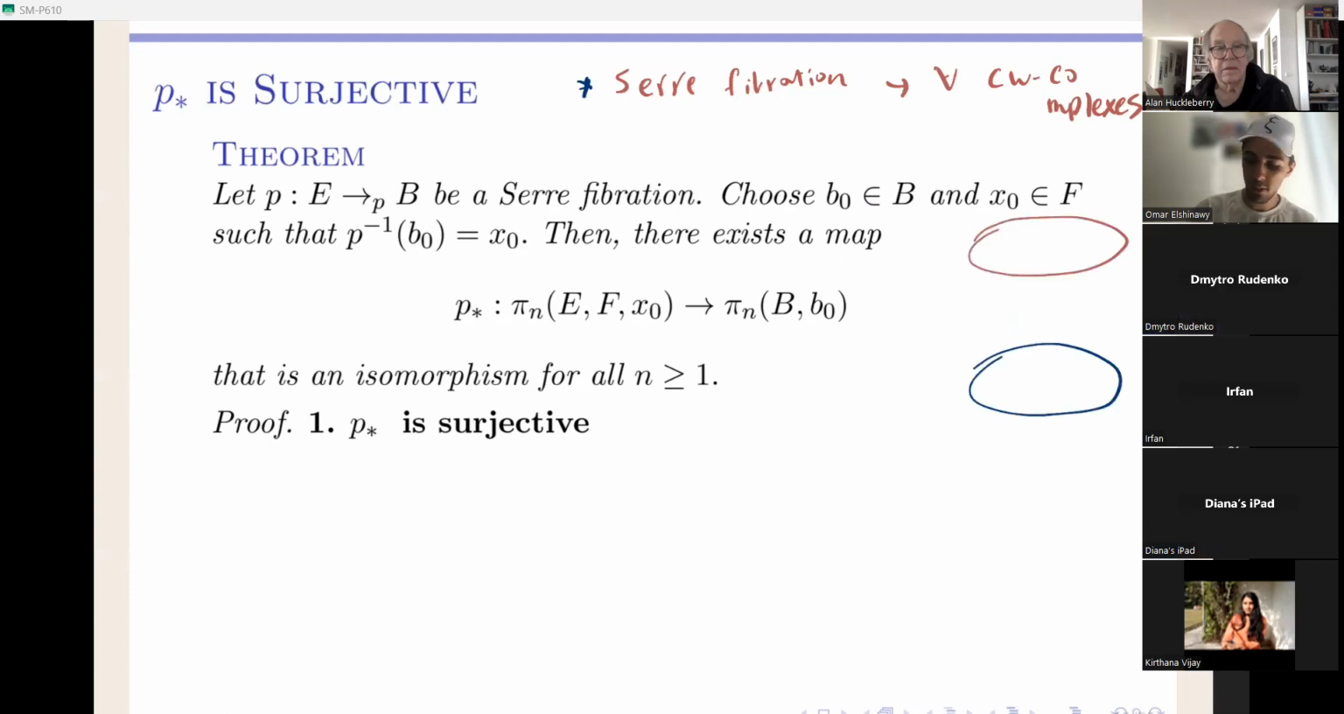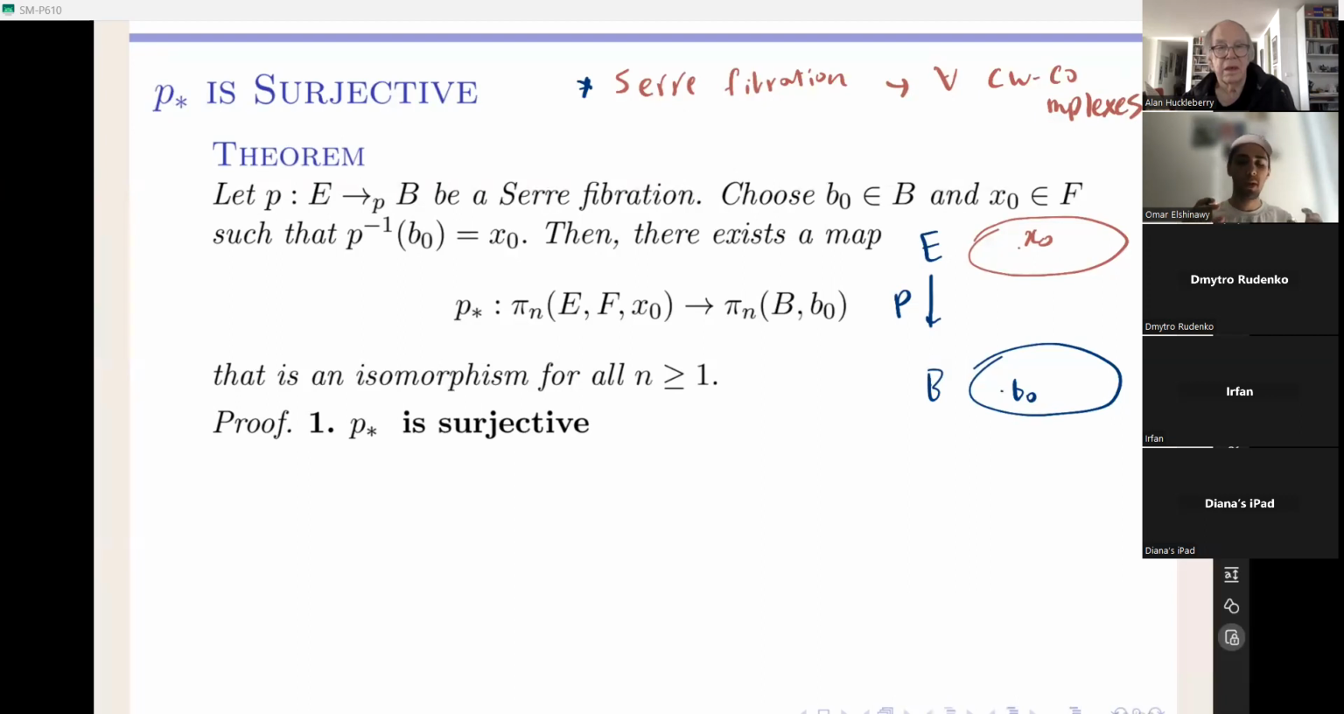So you have E, this is B, map P, and then here's X naught, here's B naught. And we'll actually use this right now to prove the surjectivity. So what we will first do is we will